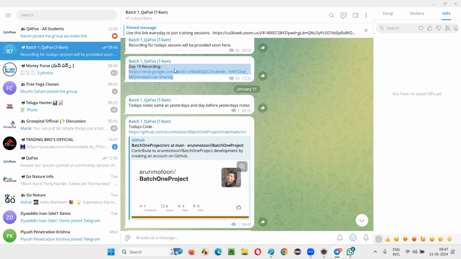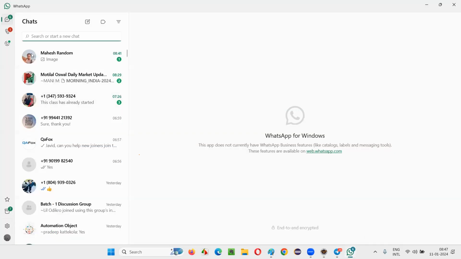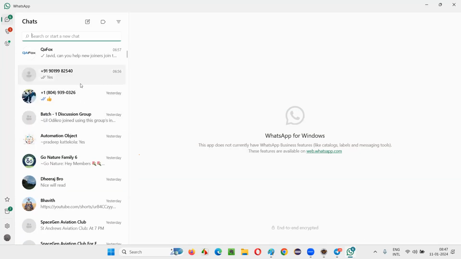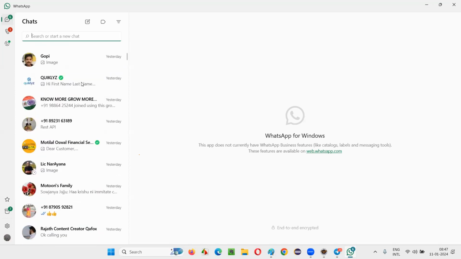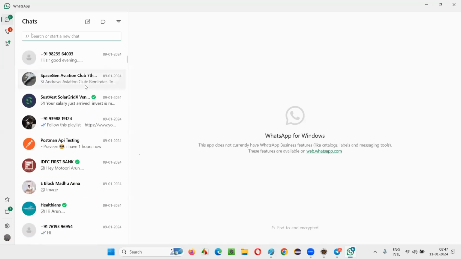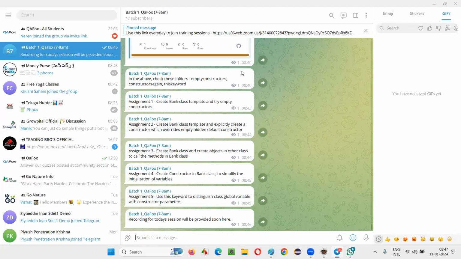And for these assignments, do we just do them on our local machine? Yeah, you have to do them on the local machine only, and you can post the update regarding that in the QFox group. I think Javed added you in the QFox group, in WhatsApp? Yes, he added us to batch one. In that group, if you are done with the assignment, you can mention that you completed that particular day's assignment.